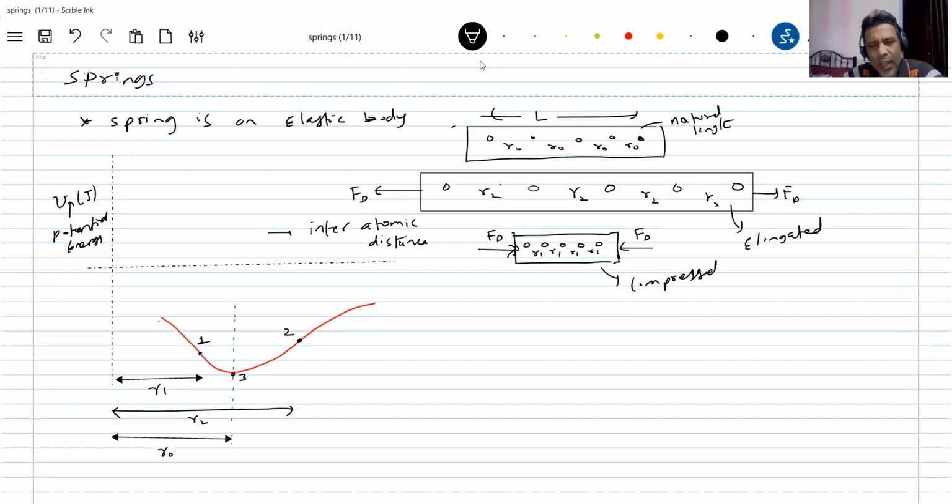Now, what will happen inside the body, inside the atoms? According to the graph, the potential energy will vary with the distance between atoms. In elasticity you're going to learn in detail. This is a small basic I'm taking help from the elasticity chapter. What do you mean by interatomic distance? These are the atoms, the bubbles you can see.